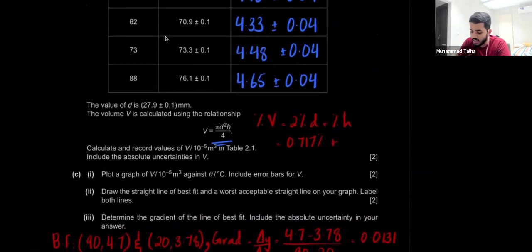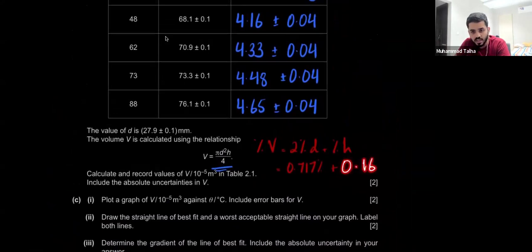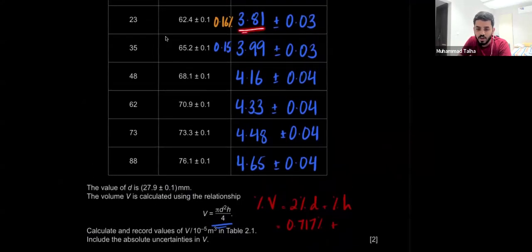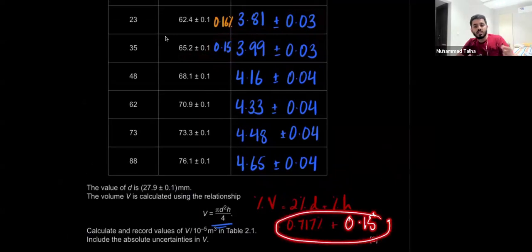Daniel, look, once we have these, I have both of these, right? I add them. This is the percentage uncertainty in V. Now I found the principal value for V. So I just take that percentage, right? And that gives me the absolute uncertainty. That's what I do for all of these values. For the next one, it's 0.1 over 65.2 times 100, which is this. So this time, I add 0.15 here. Again, I do all of this in my calculator, right? Otherwise, it's too hectic. Then whatever this turns out to be in my calculator, I just add a percentage sign in front of it and I multiply it by this value. And then I get this.